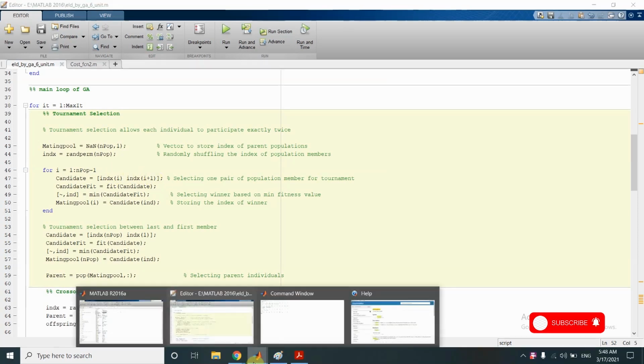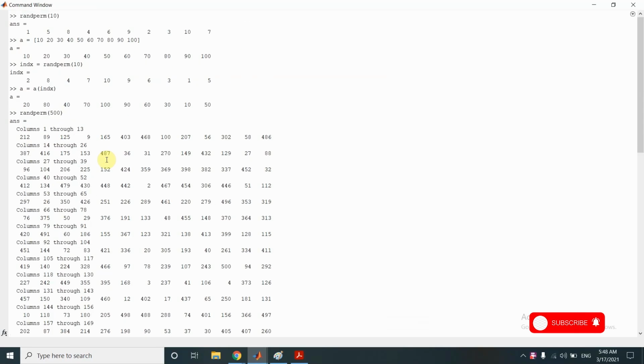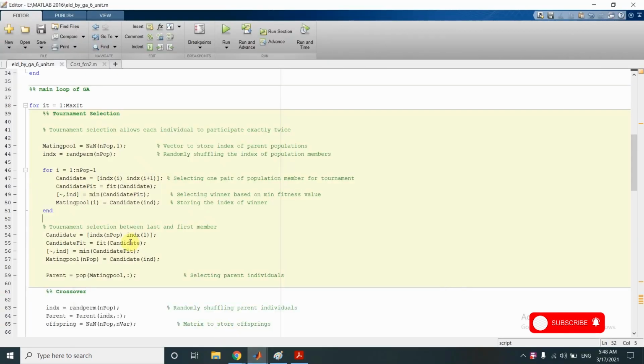That is, if we consider an example like this, randperm from 500. First indx i would be 212 and indx i plus 1 would be 89. So we are referring to the 212th row of the pop matrix and the 89th row of the pop matrix.